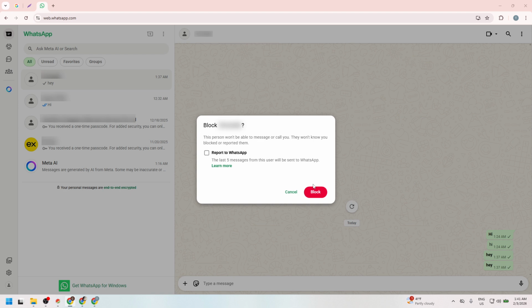After you confirm, that contact won't be able to message or call you on WhatsApp, and they won't see updates to your profile photo, last seen, or online status. Your existing chat history stays as is, and you can unblock them later if needed from your contact info or